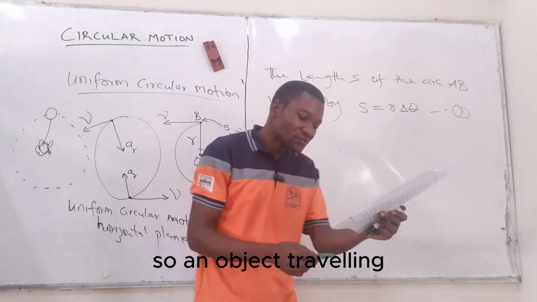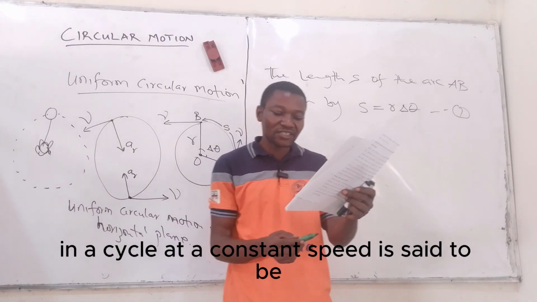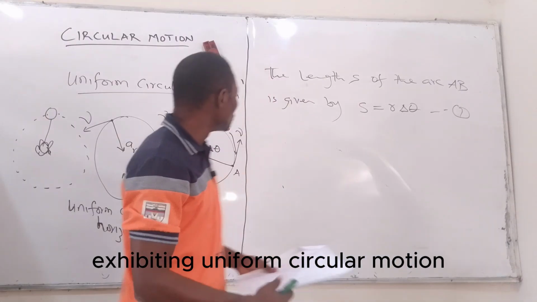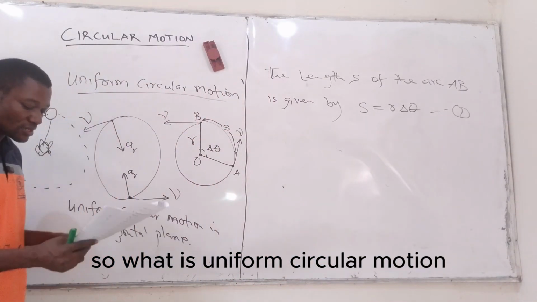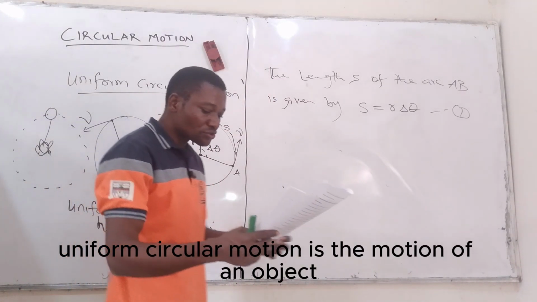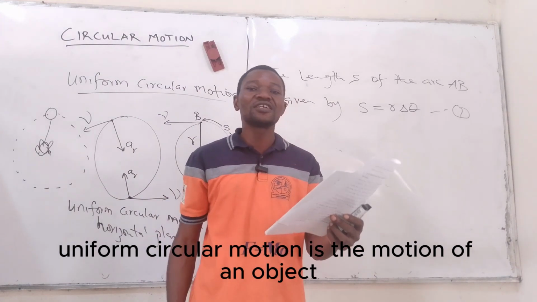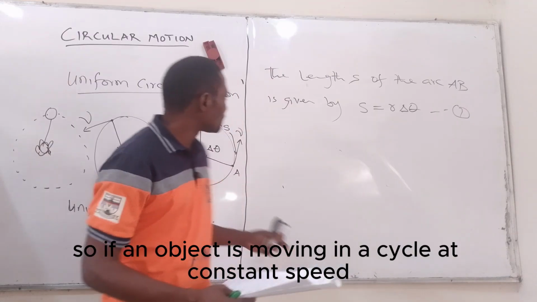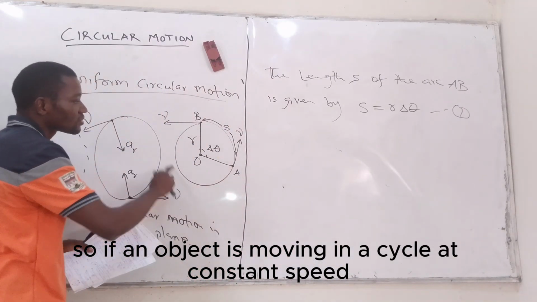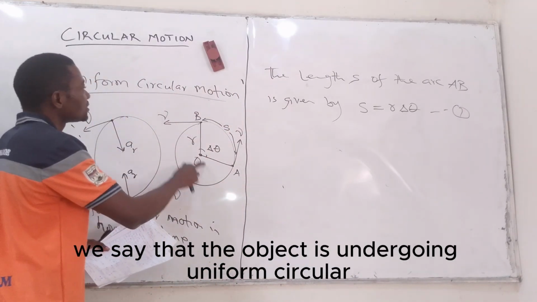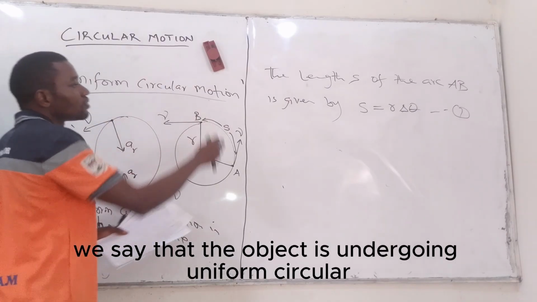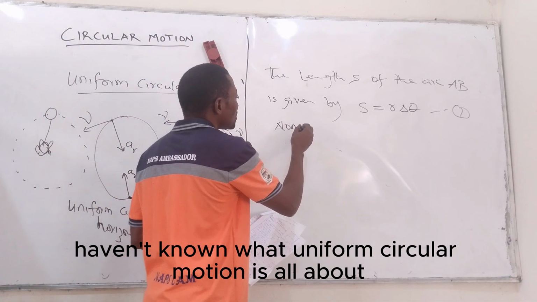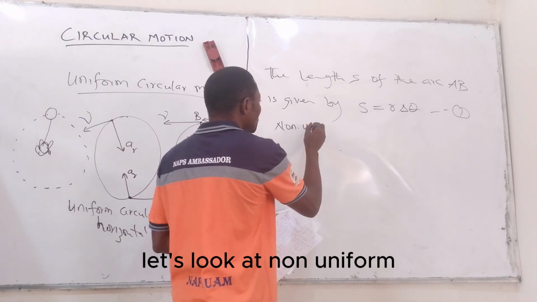So an object traveling in a circle at a constant speed is said to be exhibiting uniform circular motion. So what is uniform circular motion? Uniform circular motion is the motion of an object traveling in a circle at constant speed. So if an object is moving in a circle at constant speed, we say that the object is undergoing uniform circular motion. Okay, having known what uniform circular motion is all about, let's look at non-uniform